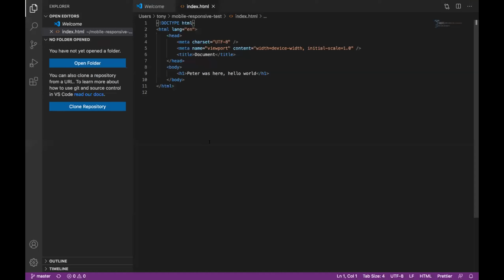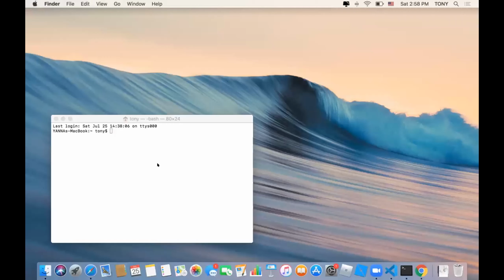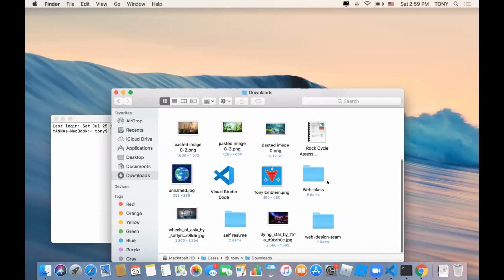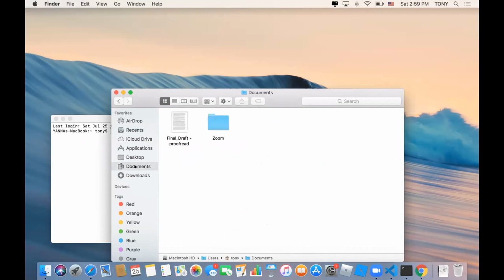I cannot find it in the Finder. Are you sharing your screen? Yeah. Oh, okay. I see it now. This is the index.html from it, but when I go into Finder, I just cannot find the folder. It's not there. Okay. We see your screen. It's not in downloads or documents. Should be in your desktop, right? It's not there. That's the problem.